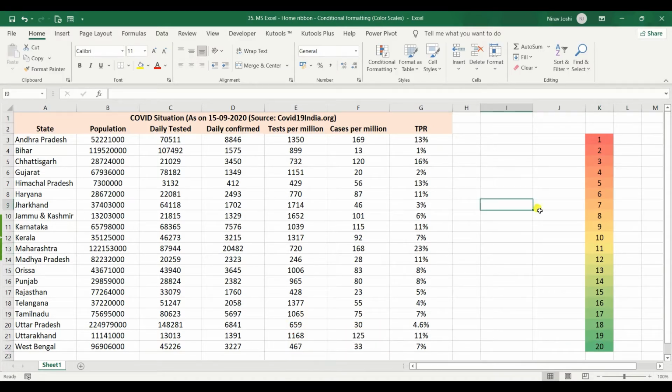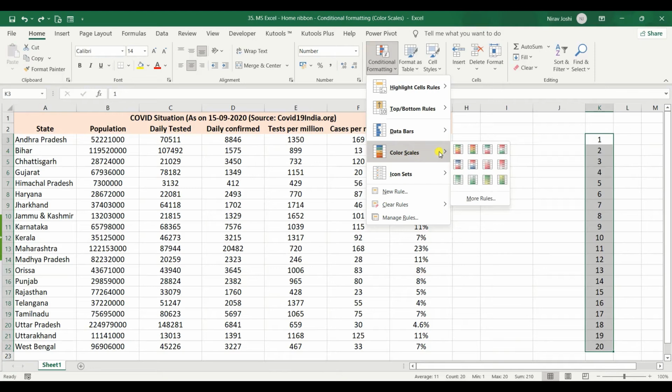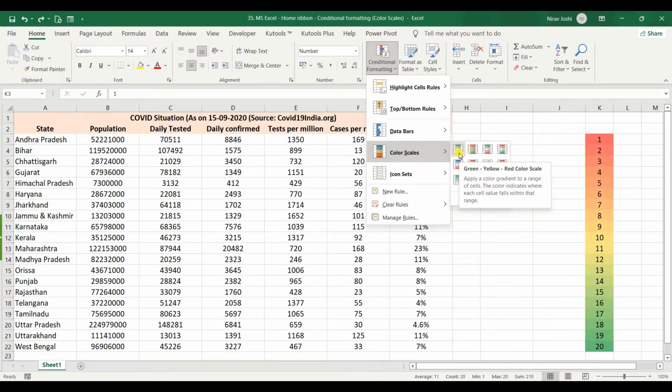So now we'll see what are the various options that are available to change the setting in these color scales, right? So we are removing this one. If you see here, the initial six are three color gradient scales and the next six are two color gradient scales, right? And the colors are already mentioned in the pop-ups that you see here: green, yellow, red. So red would be for the minimum, yellow for the middle one, and green for the maximum one.